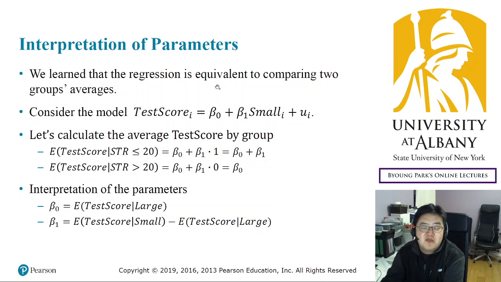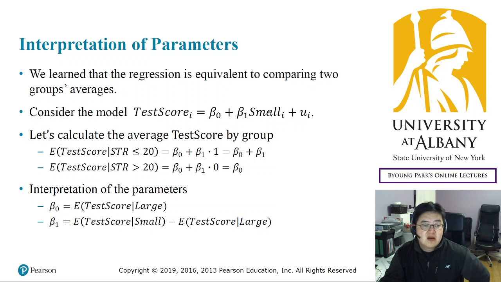At that time, the conclusion was that the regression is actually no different from calculating the difference between two groups' averages, two groups' average test scores. So we are going to use that approach again, because that will give you a better picture of what we are doing here. First, consider the first model where the test score is regressed on the intercept and the small